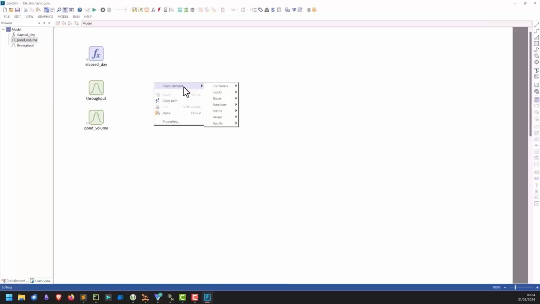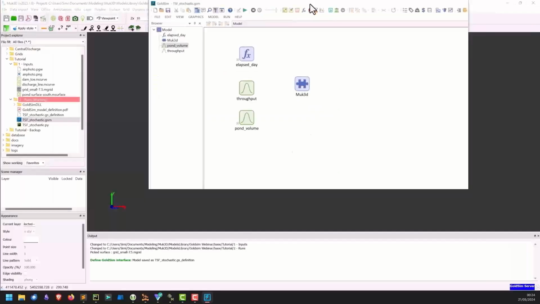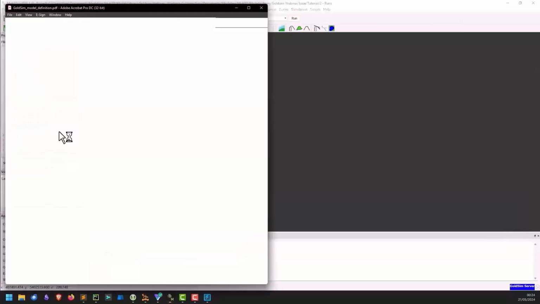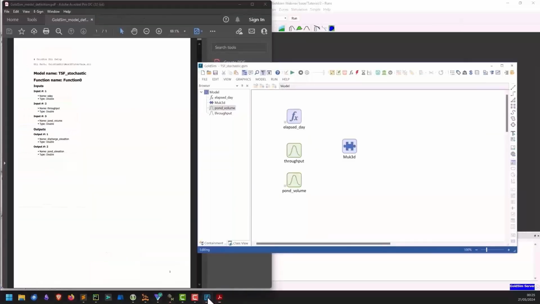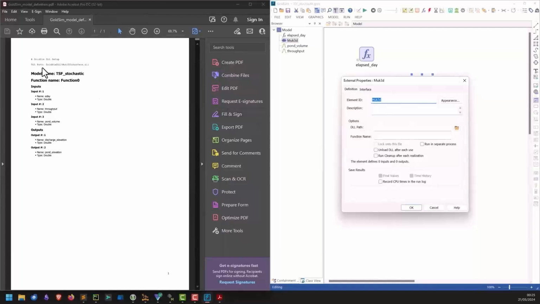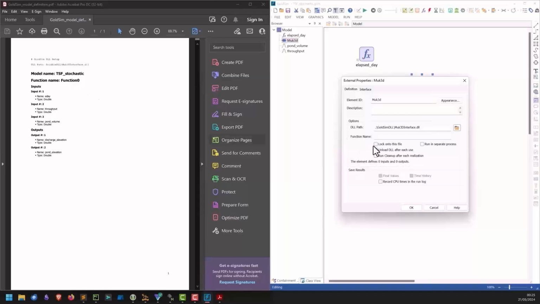So now we just want to add the component that will connect the DLL. So it's an external element. I just want to show you that when we created the model, it created a PDF, and the PDF has all the information that we need to fit inside of that external element. So we have the name of the DLL, then what function is to be called inside of that DLL. Function 0,